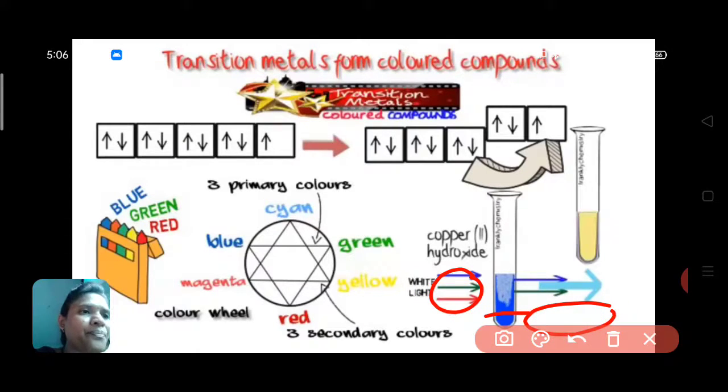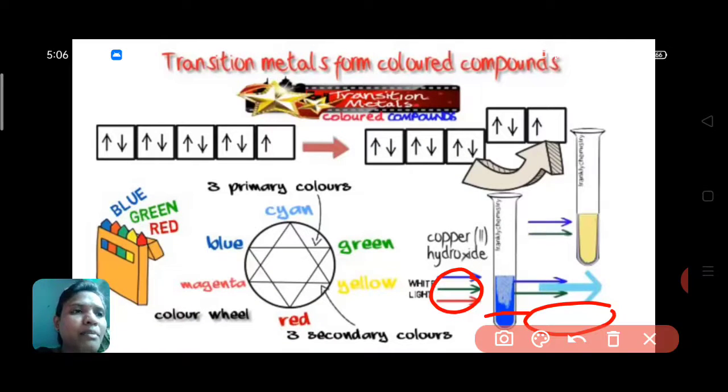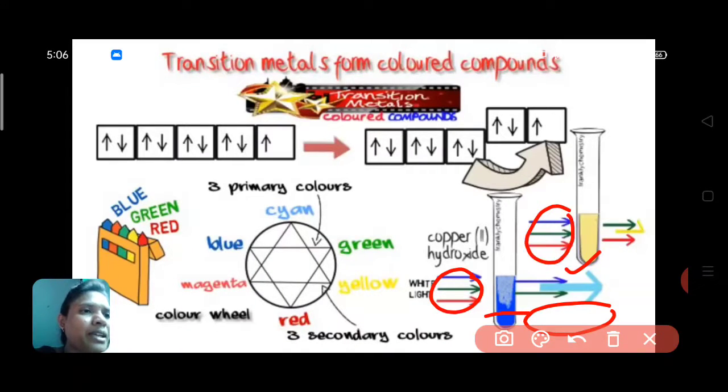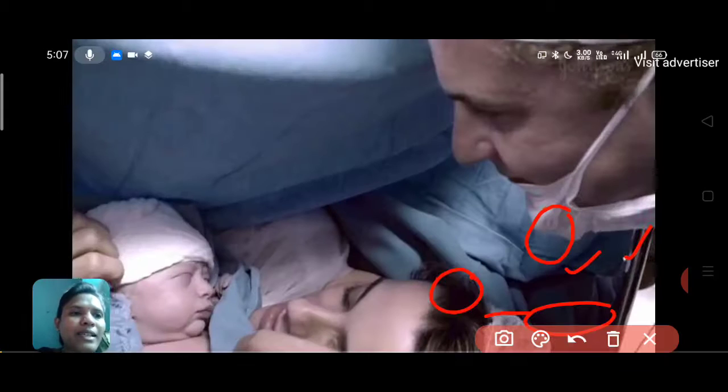What about something like potassium chromate, which appears yellow in colour? In this case, it's because the sample absorbs blue light and reflects green and red. If you look at the colour circle, you'll see that gives yellow. Again, that's the second example. When a compound absorbs a primary colour, it appears in a secondary colour. So the appearance of colour depends on the absorbance of particular light energy. That's where colour originates from in these transition metal salts.